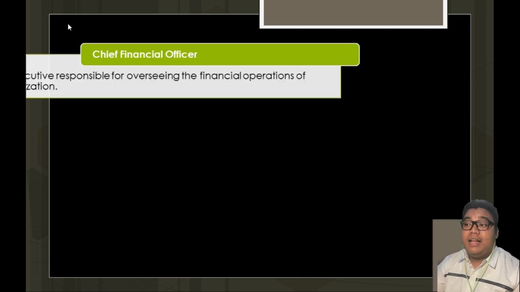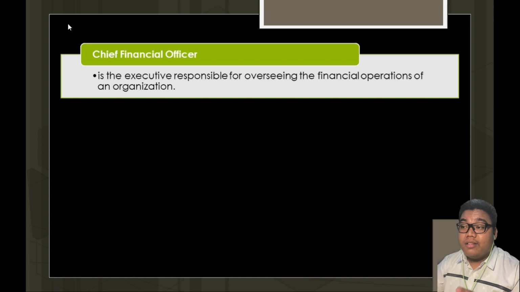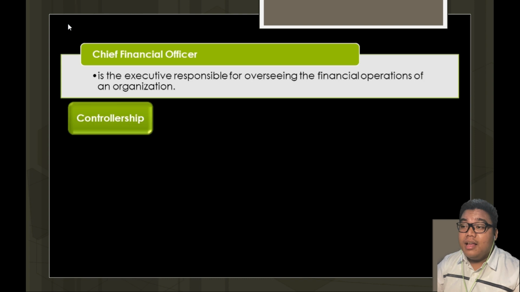Who is the Chief Financial Officer? This is the executive responsible for overseeing the financial operations of the organization. So everything that has to do with the finances of the organization, the Chief Financial Officer is the one on oversight of such. So this also involves treasury, this also involves recording of transactions. So in general, the Chief Financial Officer has a number of functions under his or her belt, and this involves